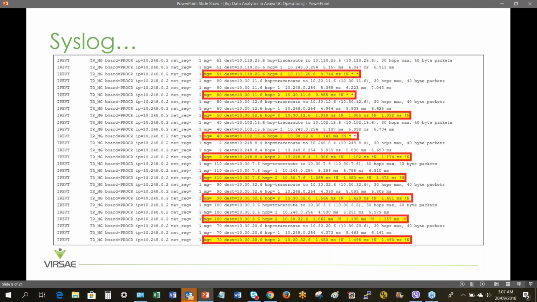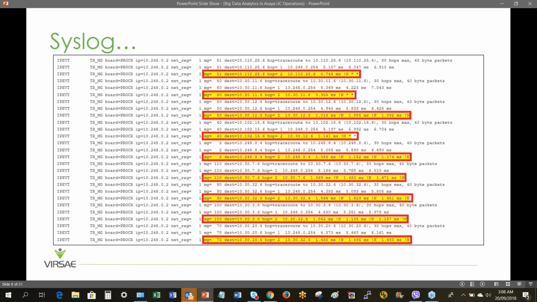It's a matter of having access to it and being able to see and use that. So what I've taken here is a real case. I've pulled this information out of a Syslog file, and this is what it looks like in its raw format. Obviously not highlighted like that in red, but the information is available to us. What I've highlighted there is multiple media gateways, all complaining more or less about the same thing.